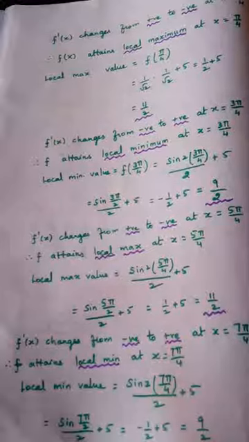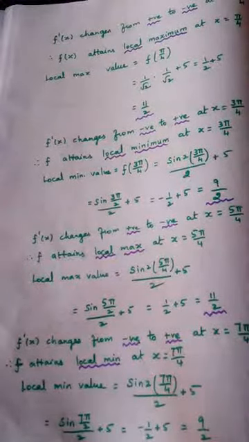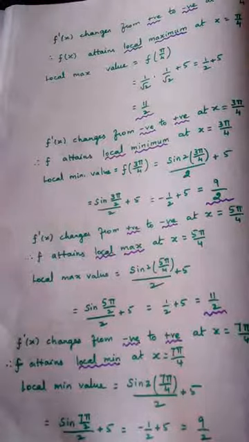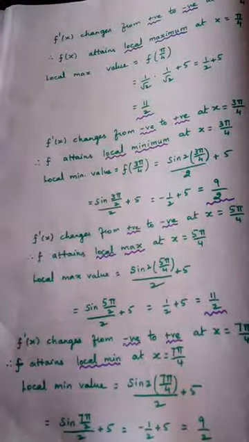How to find intervals of monotonicity and local extremum? The function will be given. We have to differentiate it one time, equate it to 0, and get some values. Those values are called critical numbers. Draw the number line and mark the critical numbers. You will get intervals. Form the table containing what?